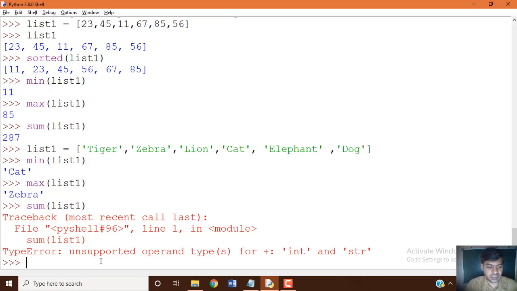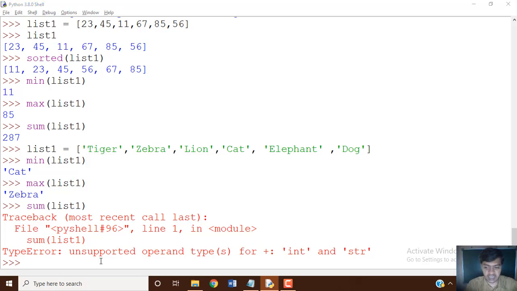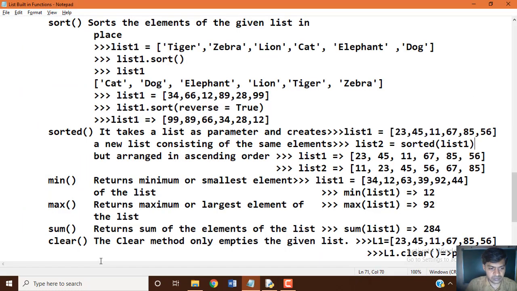Now you can see another functionality, clear. The last function is clear.